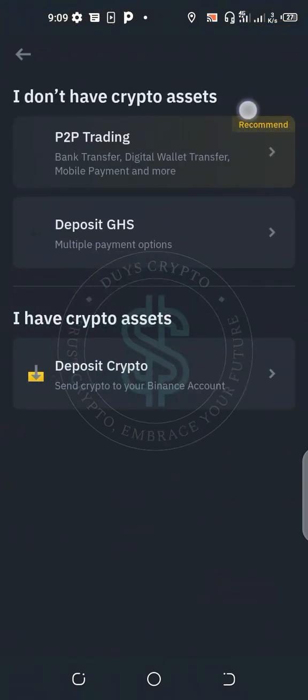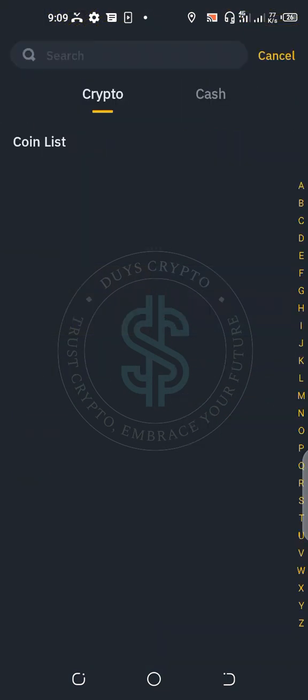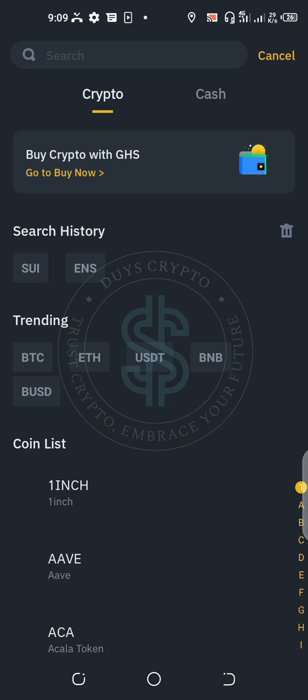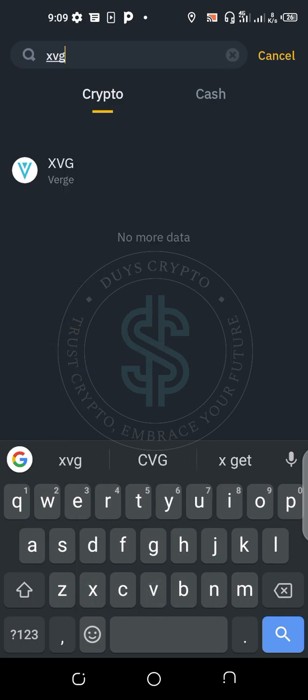button here. Alright, so after you go there, the next thing that you have to do is go to where they've written I have crypto asset, then come here, so deposit crypto. So when you go to deposit crypto, the next thing that you have to do is go to the search engine, search for XVERGE. This is the Verge. Alright, so this is the logo and everything. So when you tap on it,